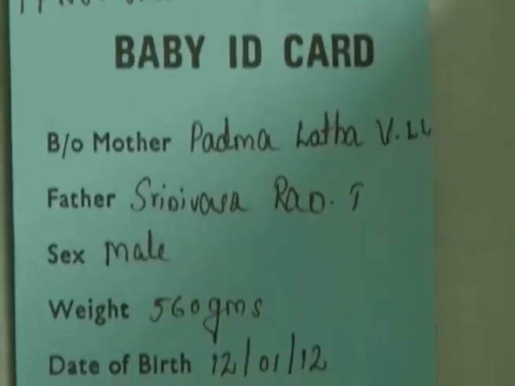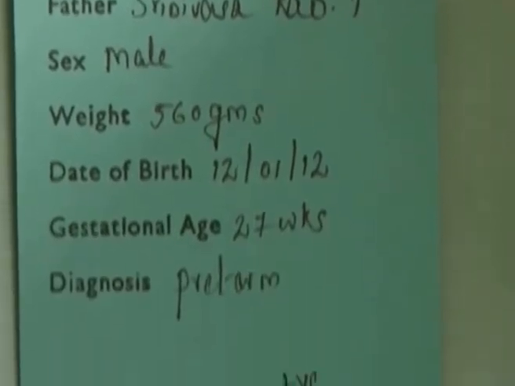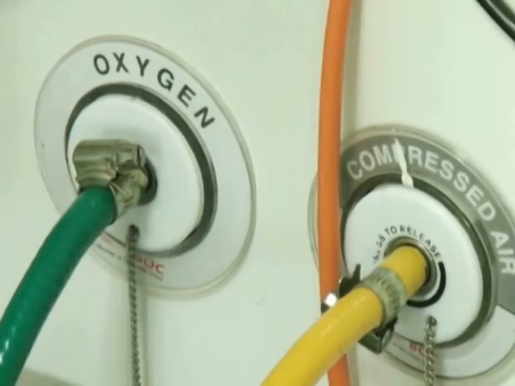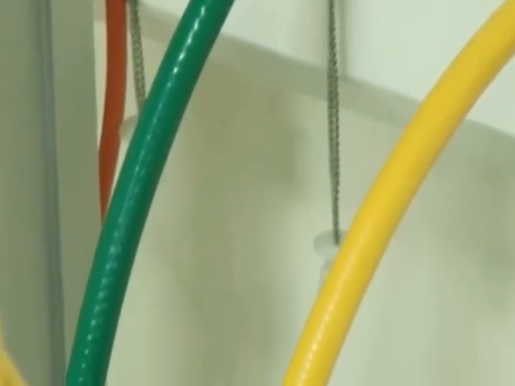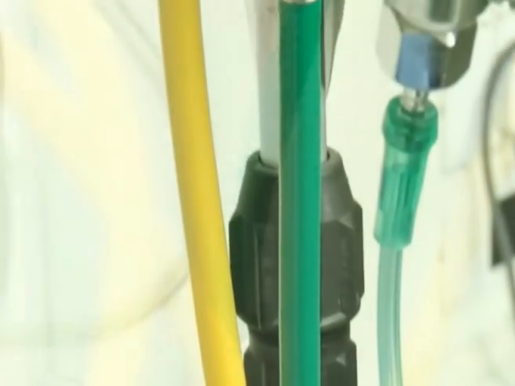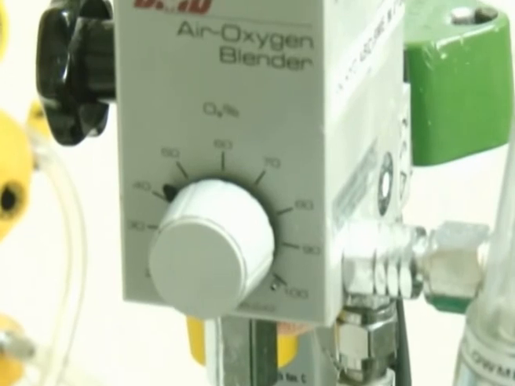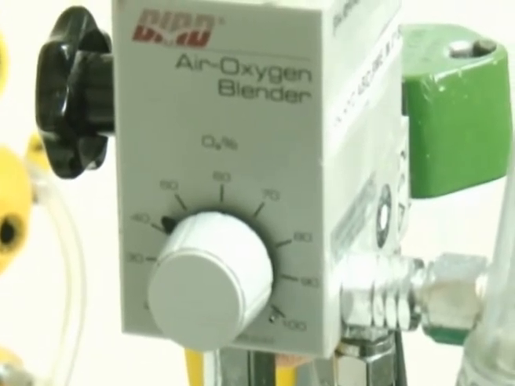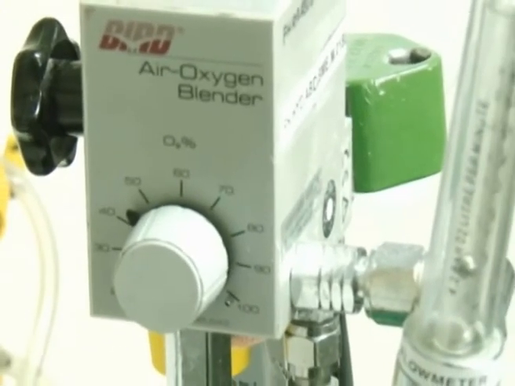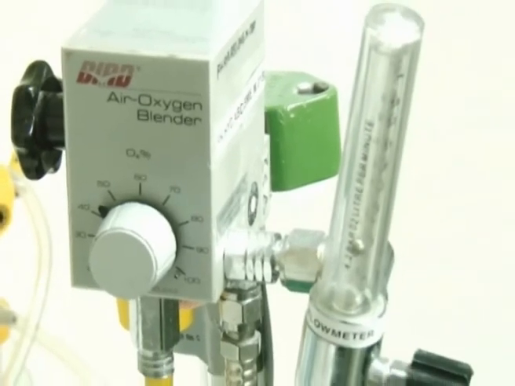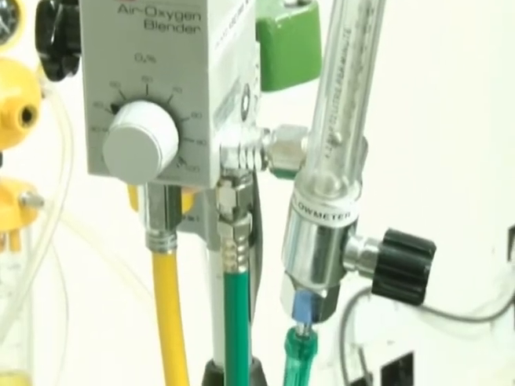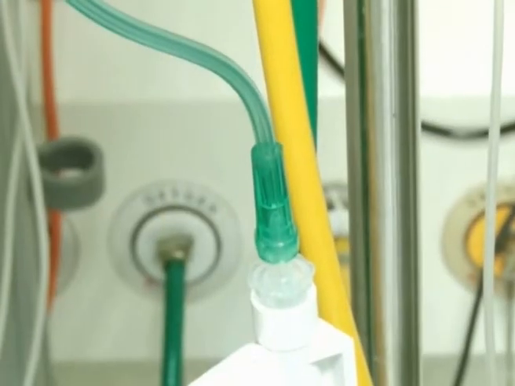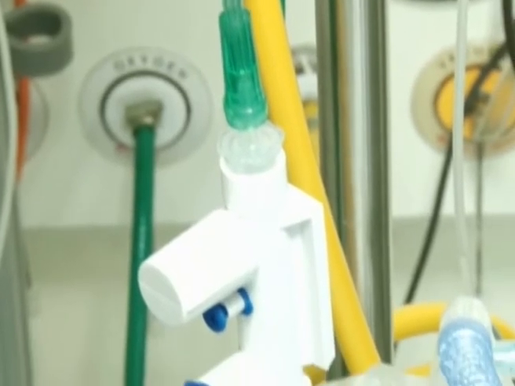Here you can see a video of a CPAP machine and a CPAP being delivered to the patient. You have the air and oxygen coming through the tubings, and these tubings are connected to the blender. The blender mixes the compressed air and compressed oxygen in a ratio required to deliver the required fractional inspired concentration of oxygen, and that gas, when it comes out, is regulated with a flow meter to ensure an adequate amount of gas is going into the circuit.